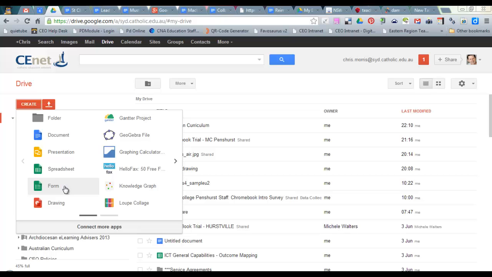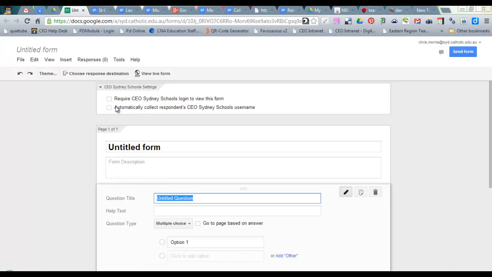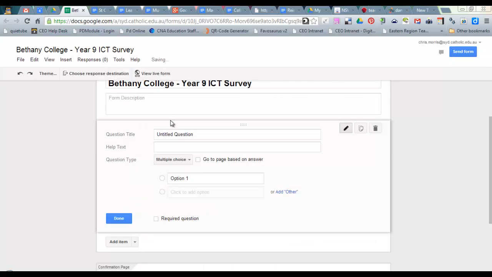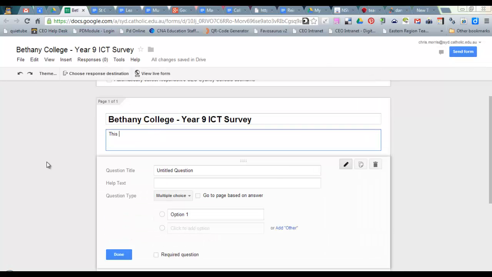So we're going into Forms, and you start off with a title form. So I'm going in here calling it Bethany College Year 9 ICT survey. And this is the form description here. So this survey will be used to collect information around